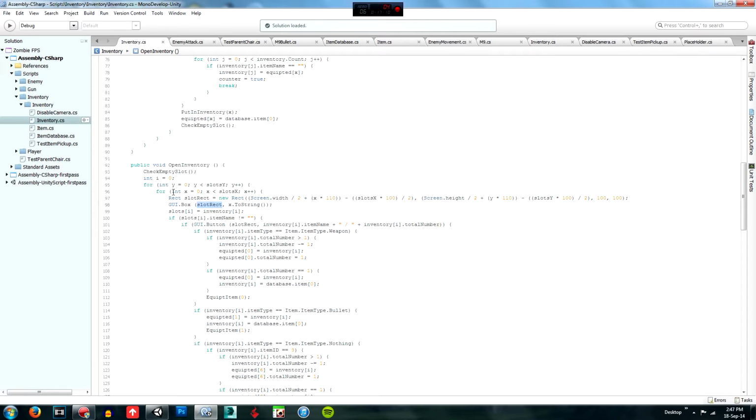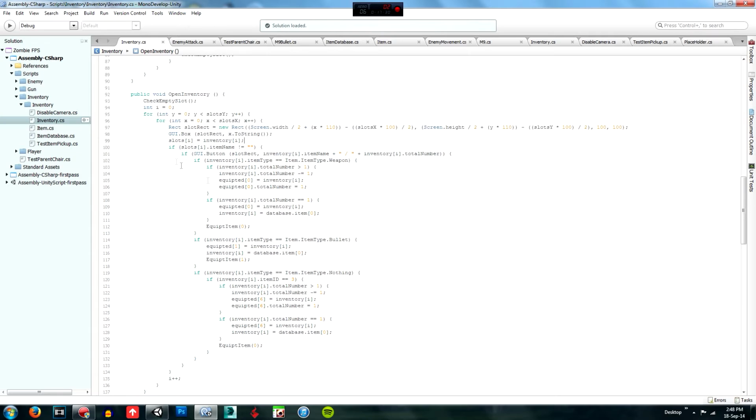For every slot we're going to create a box in the inventory, and then we're going to set the text inside to whatever number. We did that again before. And then again, slots[i] equals inventory[i], so we're just going to set whatever slots is equal to inventory, and then we're going to say if slots[i].itemName is not equal to blank,